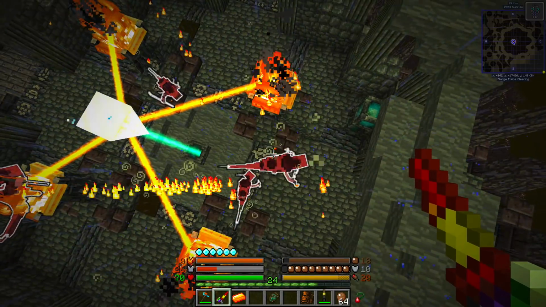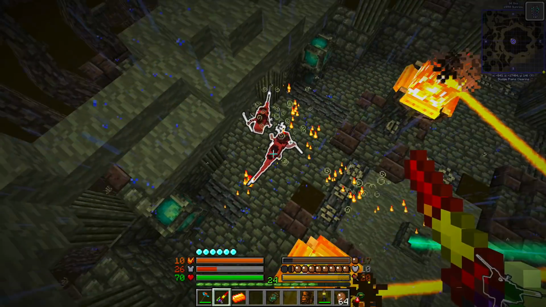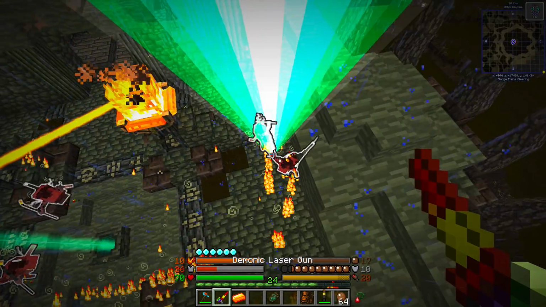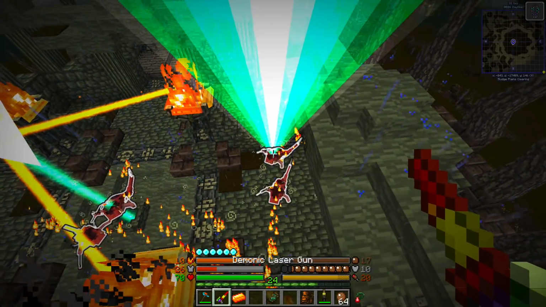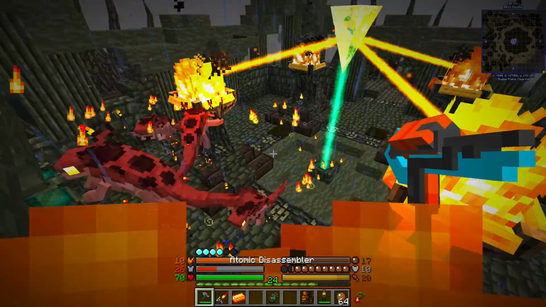They jump. Can you shoot them? They're difficult to shoot. The laser doesn't seem to want to target them all the time. Every now and then I can get a shot. They must have a strange hitbox, maybe very small. They don't seem to take any damage from it either. So let's switch to...